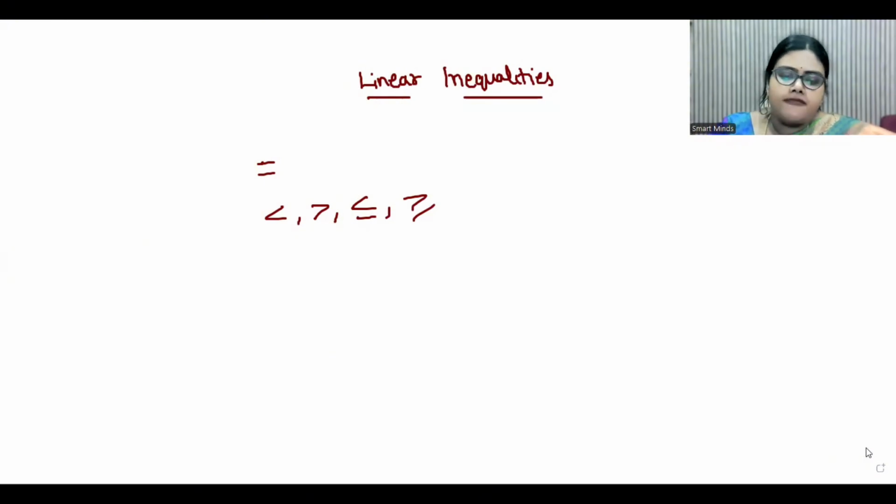Okay, so we have studied equations in 1 and 2 variables, right? We have solved some word problems also, after converting them into 1 or 2 variable equations. But it is not always possible to convert a word problem into the form of equations. For example, if I say the weight of all the students in my class is less than 45 kg, in this case it is not possible to form an equation, right? Or if I say Raj is 10 years older than Amit, in this case also, I cannot form an equation.